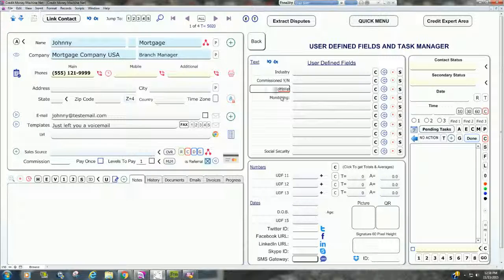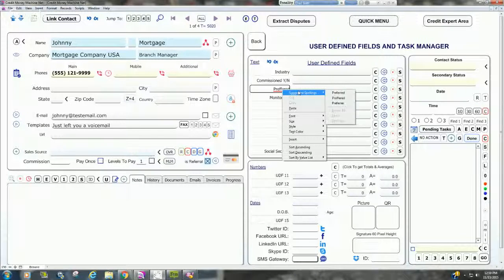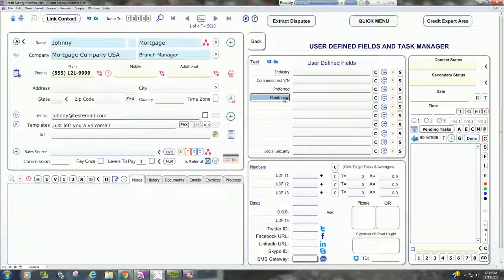I can't spell either, but good thing the system can do it for me. Look at that. Boom. All right. And I'm going to get rid of that, and I'm going to get rid of that. Maybe for referral partners, I put EIN number. How about that? Okay. So I've manually changed the user-defined fields on Johnny Mortgage, but if I've got 150 affiliates